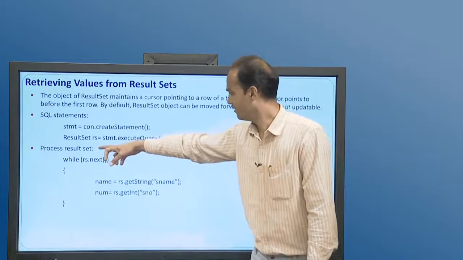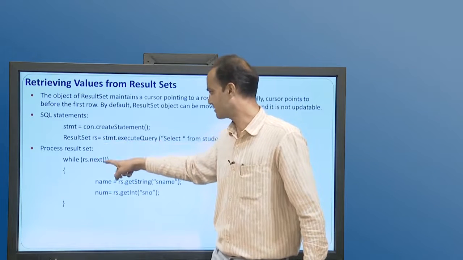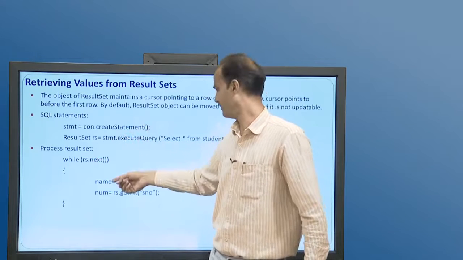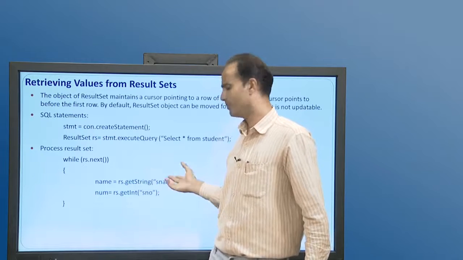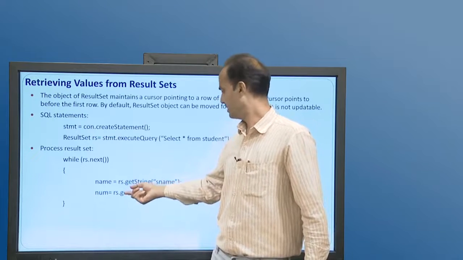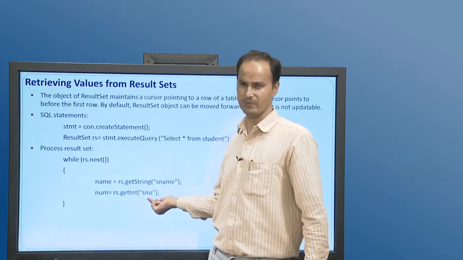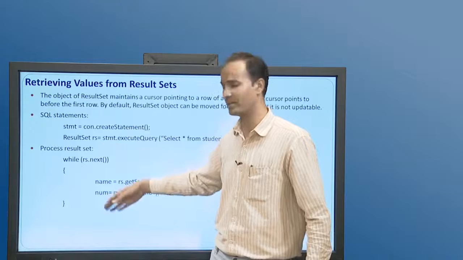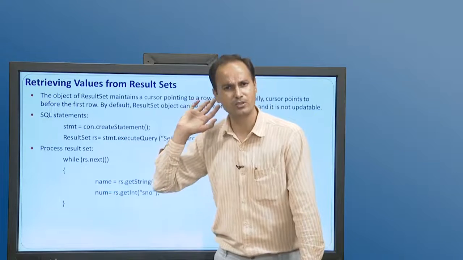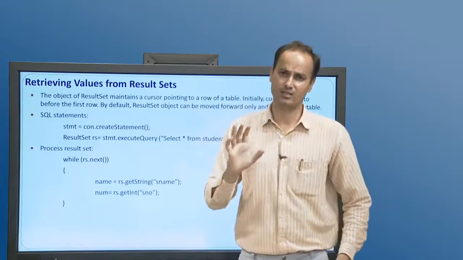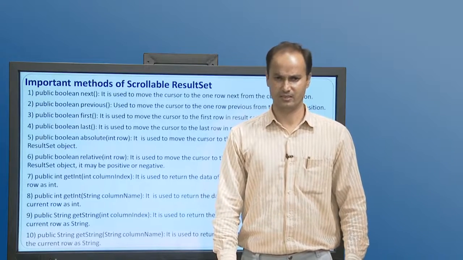We will just traverse rs in a while loop using while rs.next. If a record is there, we can get its values using the ResultSet method getString with the database field name, and for another field, rs.getInt with the database field name. In the same way, if more than one record is there, you can traverse through them until the loop turns false, and it will display and manipulate the records from the ResultSet.